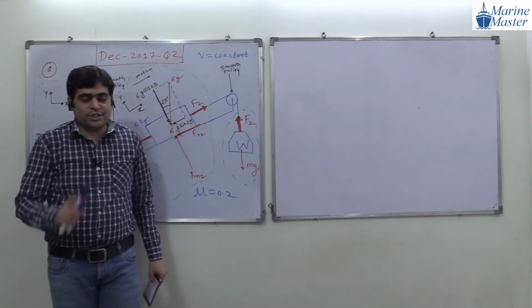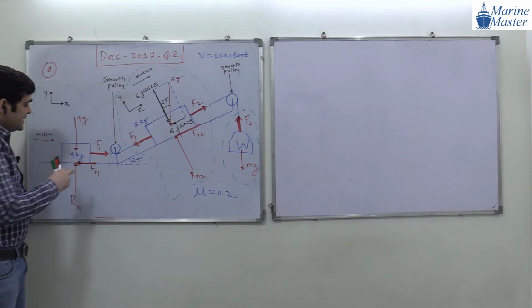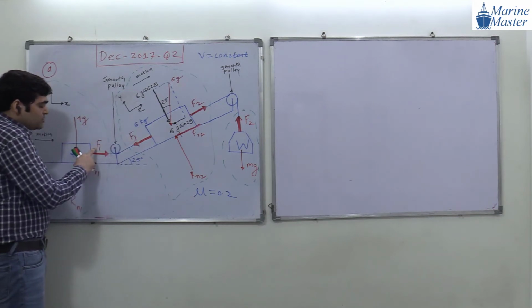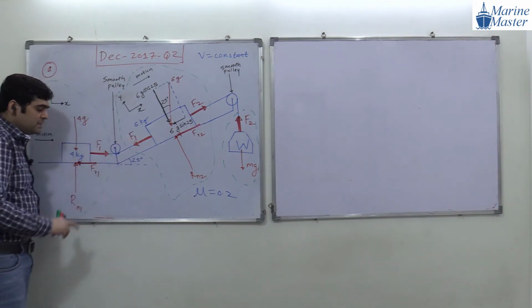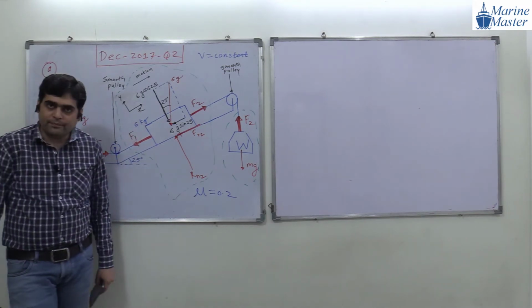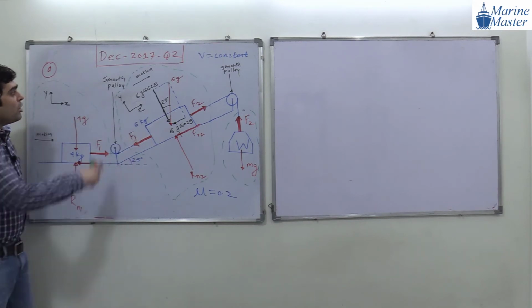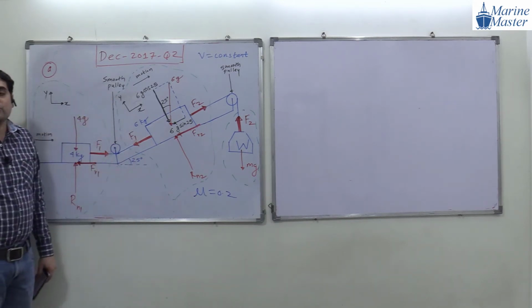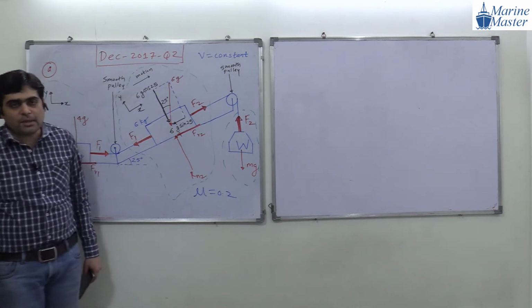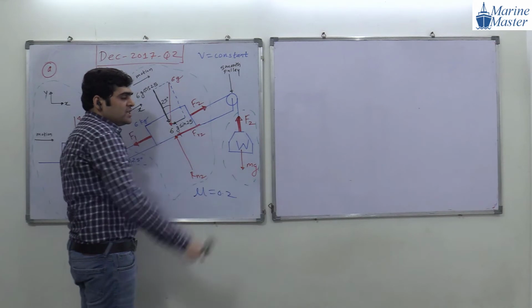Now guys, try to see the scenario here. I am explaining you once again. Here F1 and F2, this F1 and this F1 mean tension on this side and tension on this side. Why is it the same? Because our pulley is smooth. Smooth means frictionless, negligible friction. Tension on this side and tension on this side is the same.